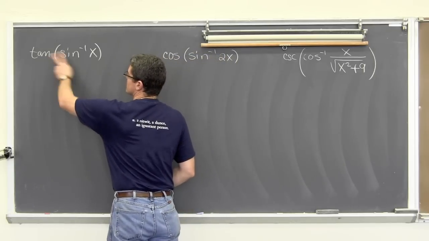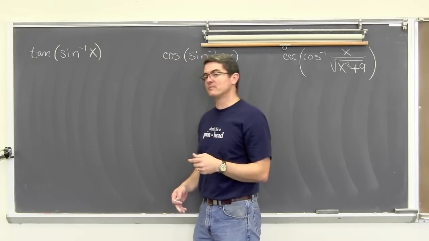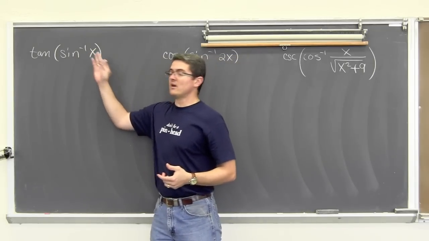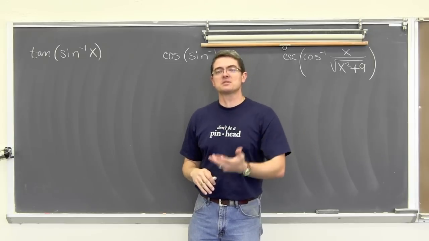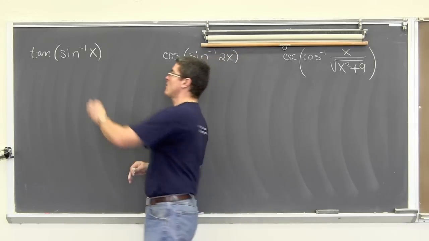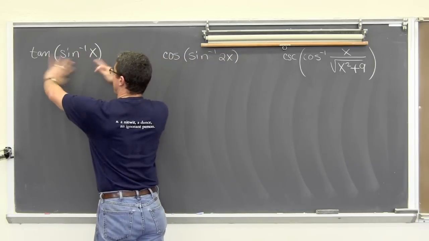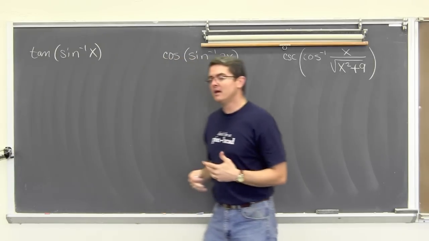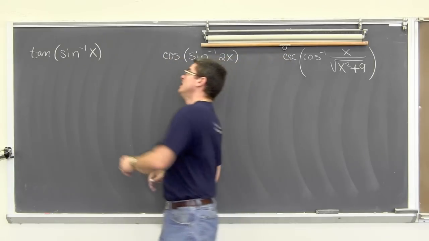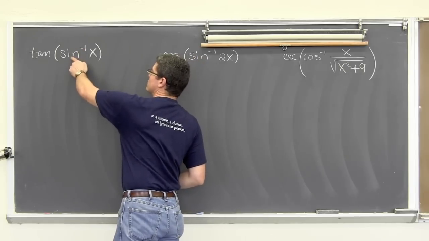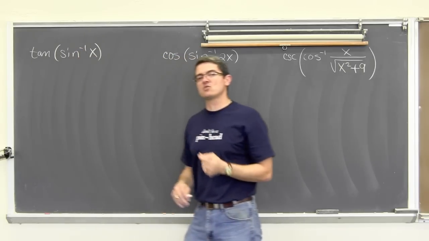So let's see here. In a trig function, you put in an angle measure. With an inverse trig function, you're putting in the sides of a triangle and getting out an angle measure. So we're going to work our way inside these parentheses all the way and out of them and see what we get. So the inverse sine of x. Well, since this is an inverse sine function, we must be putting in the sides of a triangle.